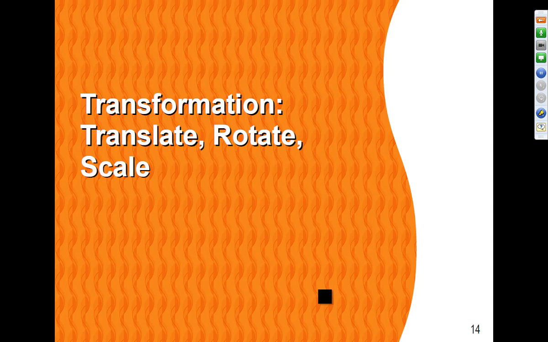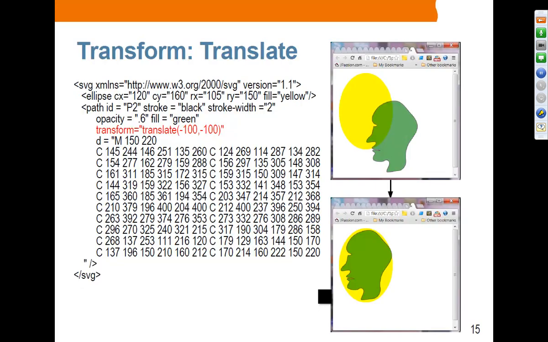Transformation. So as in Canvas, you can perform transformations. Again, you're using XML elements to achieve this. Okay, so this is an example of translate. So we have created this image. So this is the original image. Okay, so we have an SVG element inside, and we have this yellow ellipse. Okay, so the center is 120 and 160, and the radius is 105, and